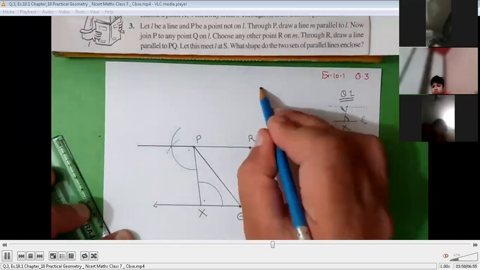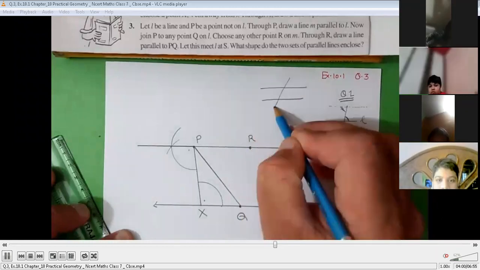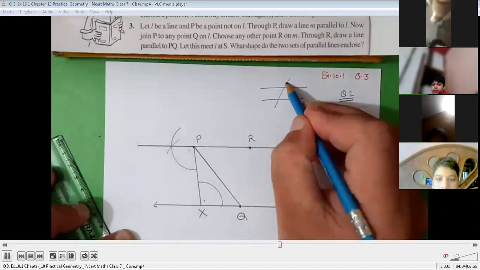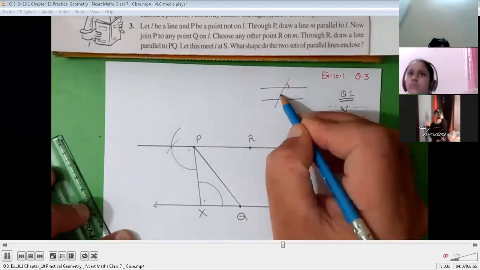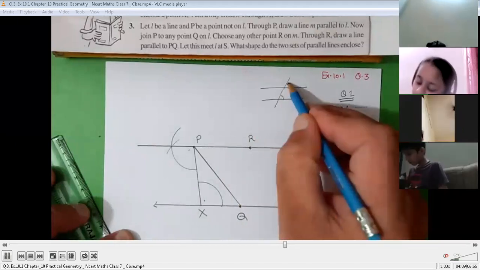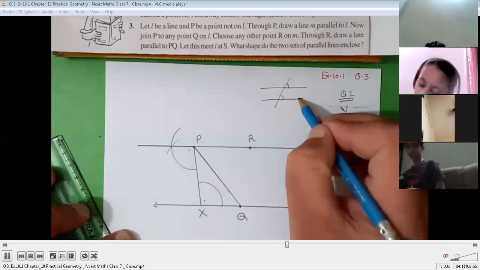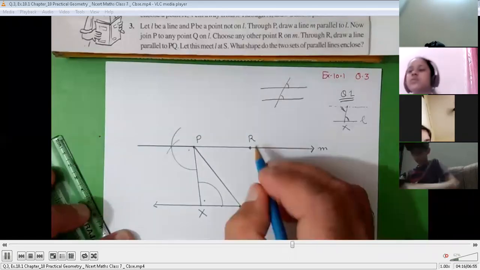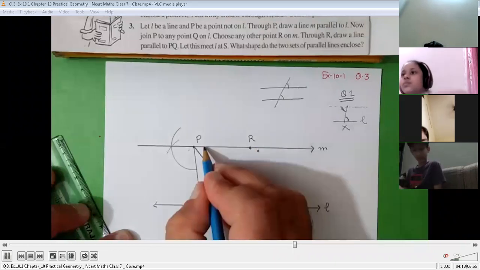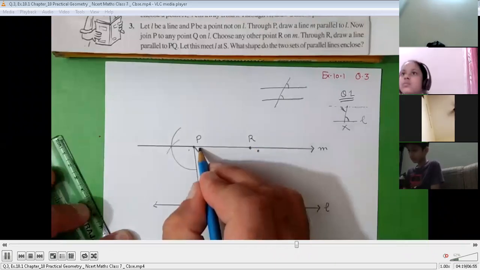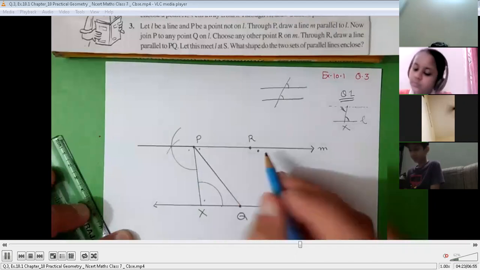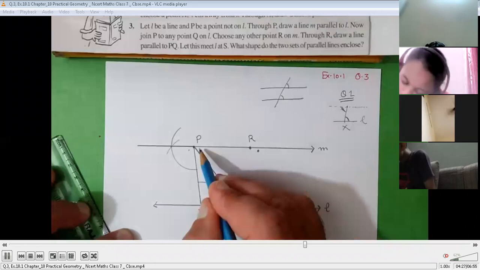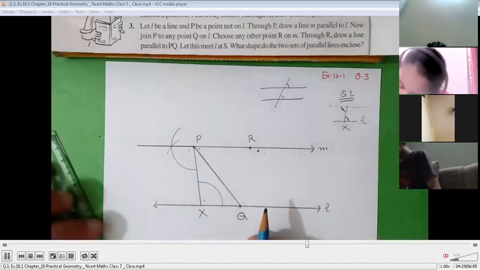For that, you need corresponding angles, okay? These are two corresponding angles like this, and only then a parallelogram will be there. So we need these two corresponding angles between these two parallel lines. So these are two parallel lines. We need a parallel line like this. So for that, we need the first angle here and the second angle at point P like this. We need these two angles, at point P and point R. We need a parallel line like this. So for that, we'll need a compass.